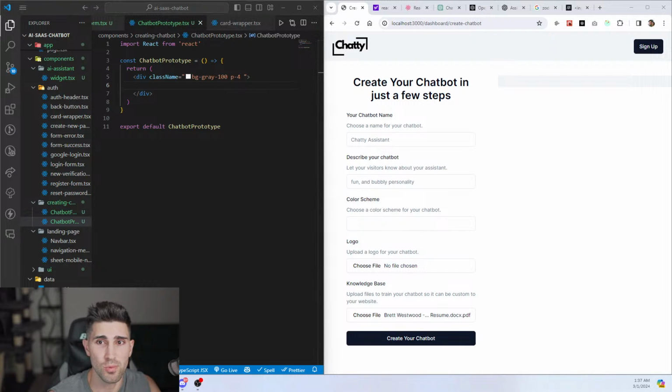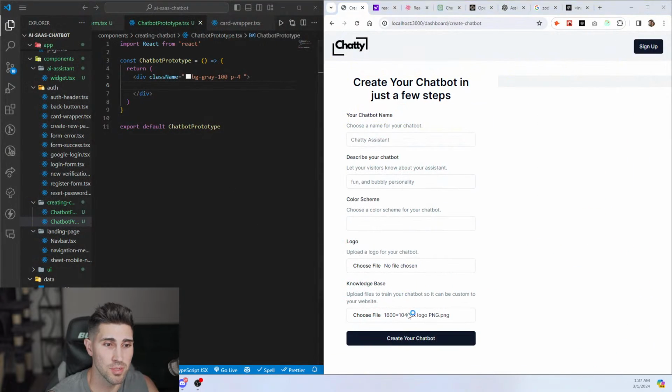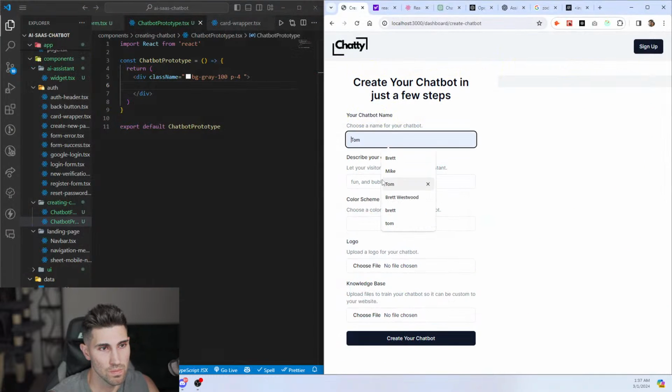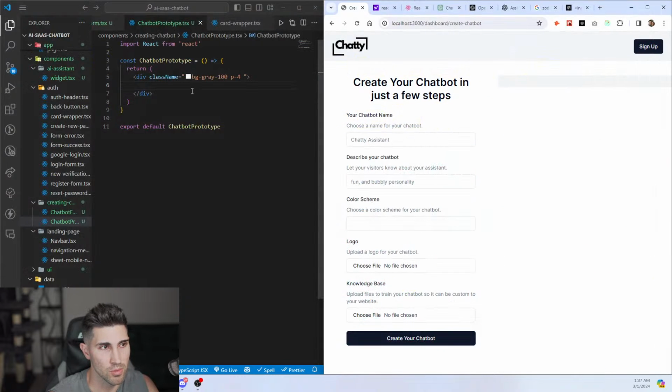The only thing I've seen is the React drop zone library. If anybody else has a suggestion on how we should drag and drop multiple files: if we choose another one, is it going to do both of them? No, it's just going to keep replacing it. So that's not going to work. What we're going to have to do here is